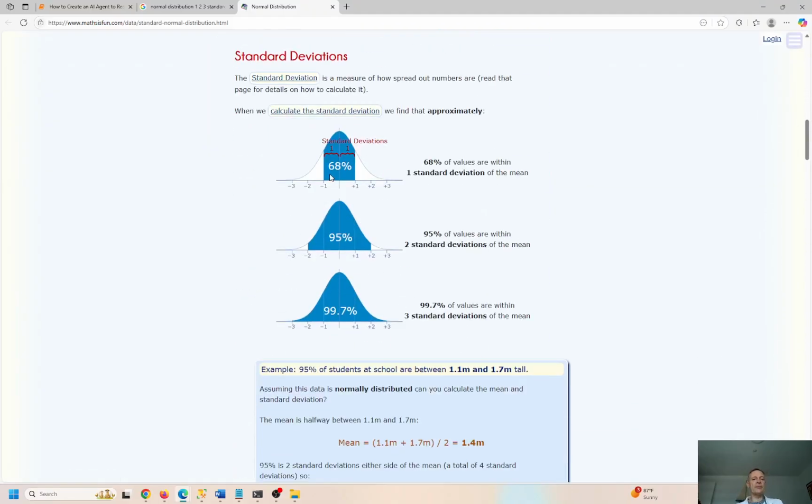It's very annoying. So 68%, so 34% over, 1 standard deviation, 34% under, 1 standard deviation, 68% combined. So it's 1 standard deviation, positive, negative, 95%. So that's 2 standard deviations. 2 standard deviations covers 95% of the normal distribution curve, and 3 standard deviations covers 99.7% of the normal bell-shaped curve, with 0.3% deviation hanging out in the tails, 0.15 in each tail, I guess. So that's a normal distribution.